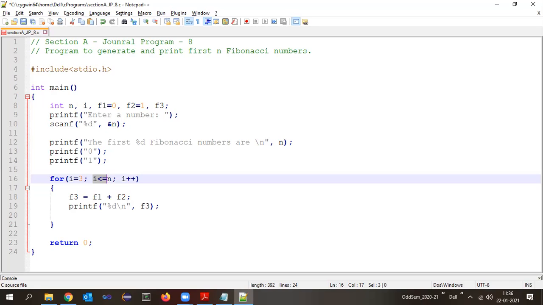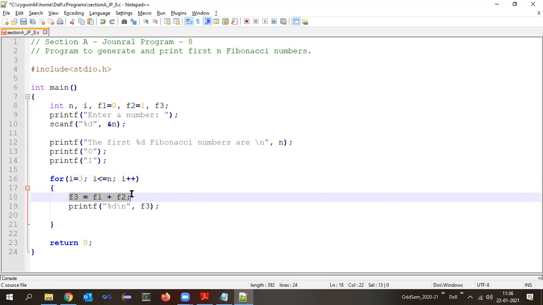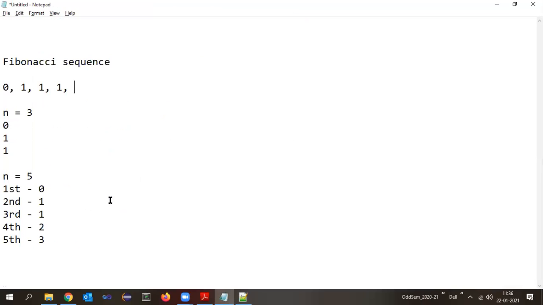Correct? Assume the condition is true, then it will come over here. Then again f3 gets calculated. So what will be the f3 value again? 0 plus 1, again 1. But that is not our sequence, right? If you observe it keenly, every iteration, the f1 and f2 are getting changed. How? See here. First time, this is f1, this is f2. Then I will calculate f3 as f1 plus f2.